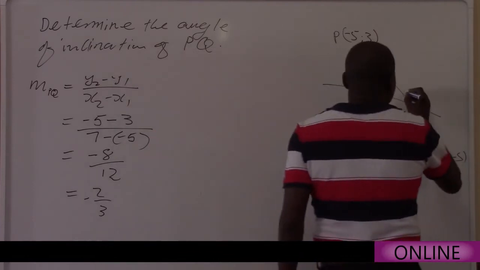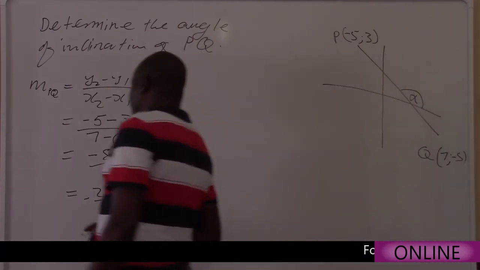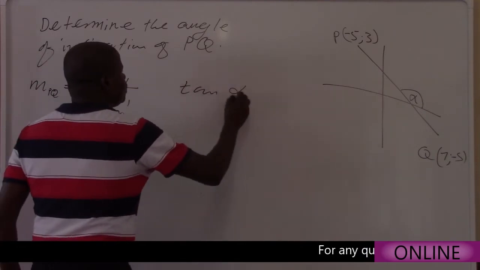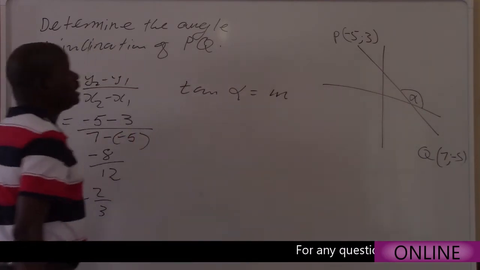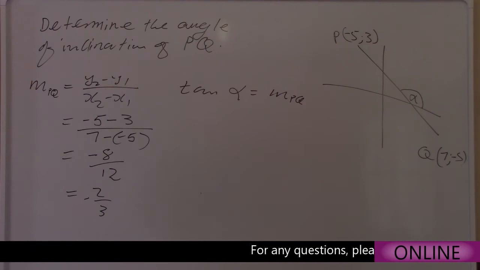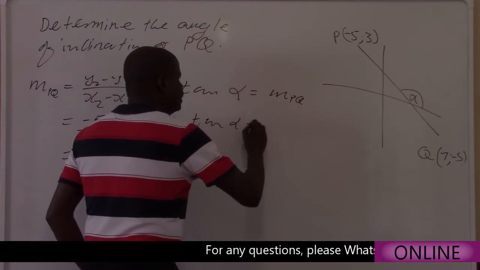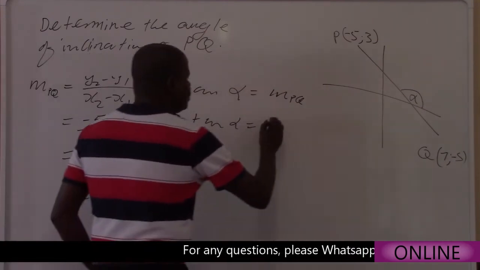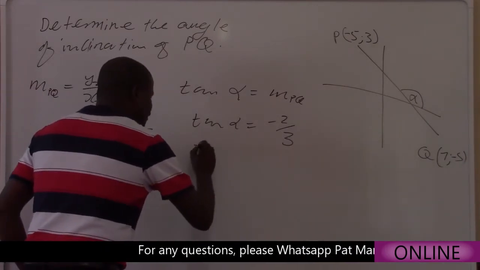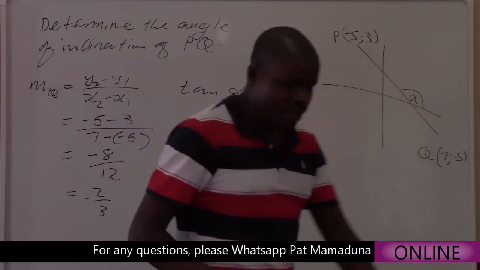So the angle that we must find is that angle there. Let's say it was given as alpha, and now we need to find that angle alpha. So what are we going to do? We say the tan of alpha is equal to the gradient of PQ in this case. So what is the gradient of PQ? The tan of alpha is equal to, in this case, negative 2 over 3. So then we say the reference angle of that alpha is,